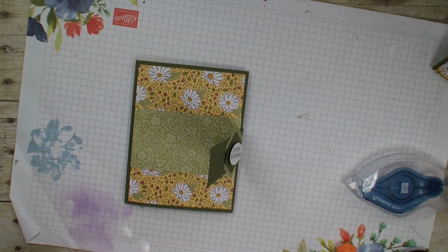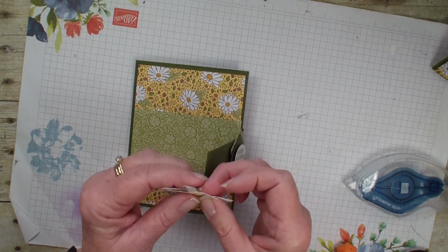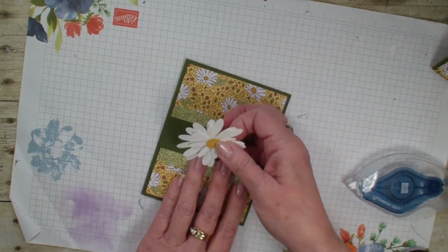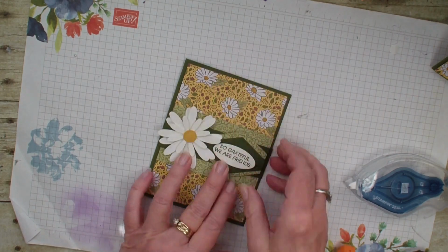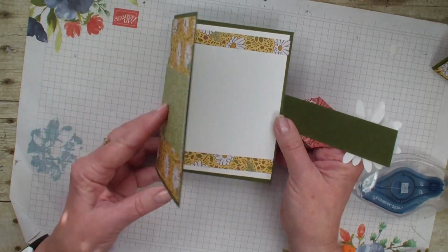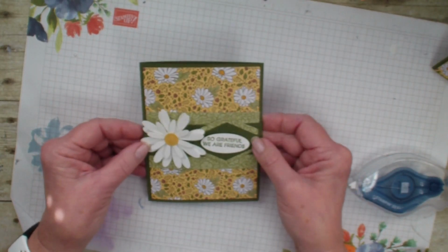Now this card was inspired by a pretty one that was done with a Rococo Rose cardstock during a recent challenge, and I'll be sharing that card in the next couple of days. But there you have a fun card, Creative Fold, using that beautiful Ornate Garden Designer Series paper that you can get right now, a full pack of it,